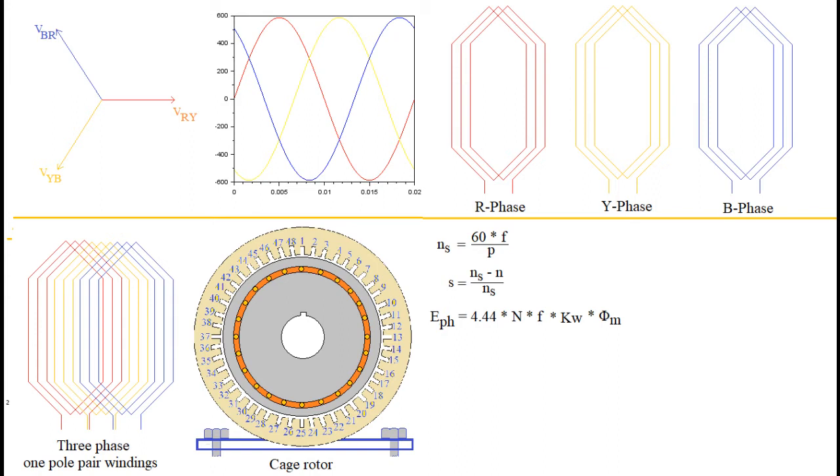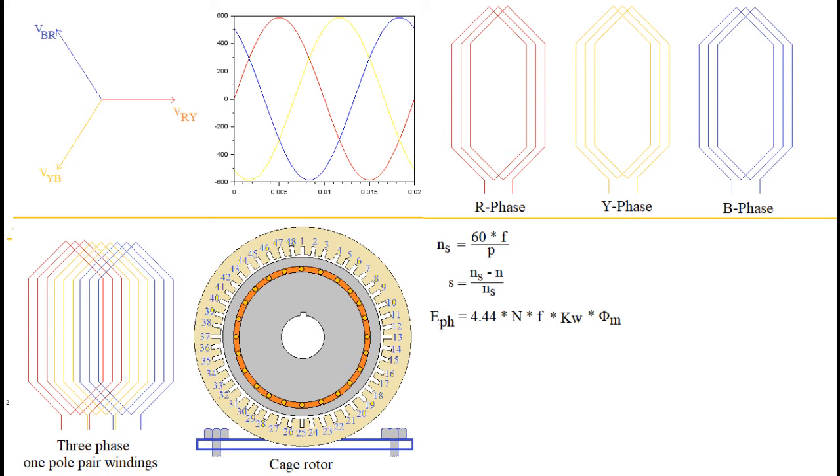In this way, we have a situation where current carrying conductors find themselves in a magnetic field, so force and consequently torque shall be exerted by each rotor bar. Since the rotor is free to move inside the stator, this torque will make the rotor rotate inside the stator. The direction of rotation of this movement is the same as the direction of rotation of the magnetic field due to stator currents.